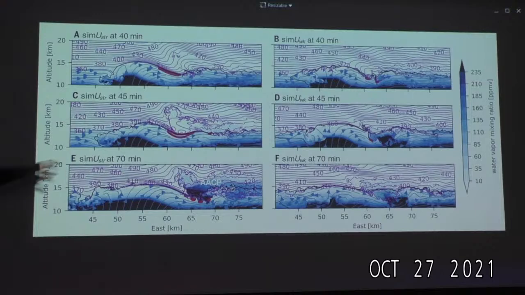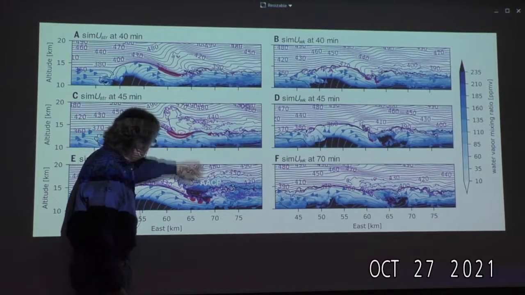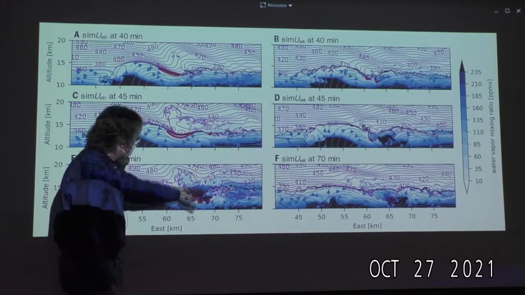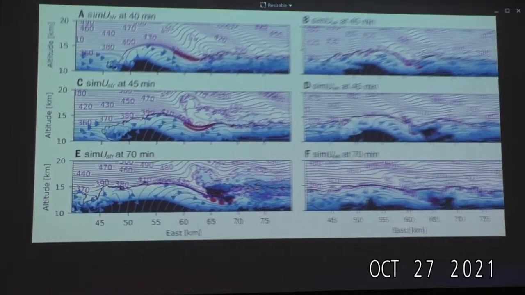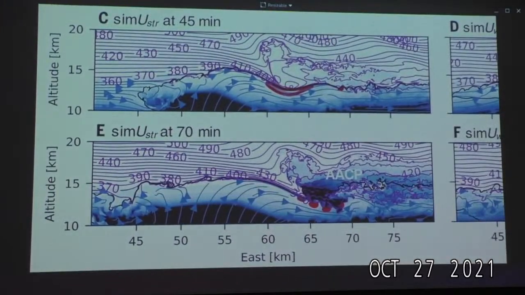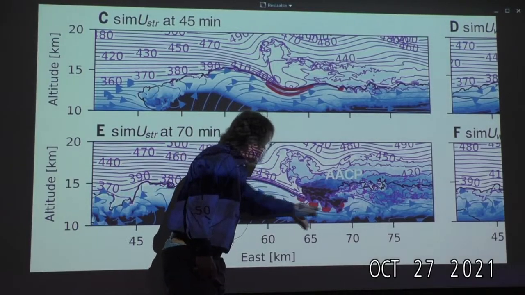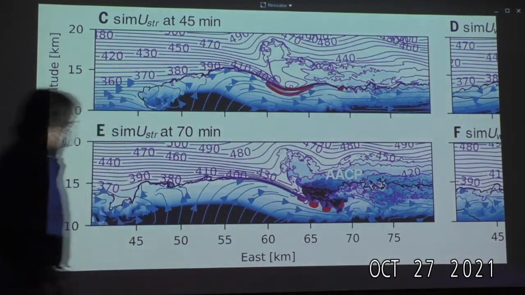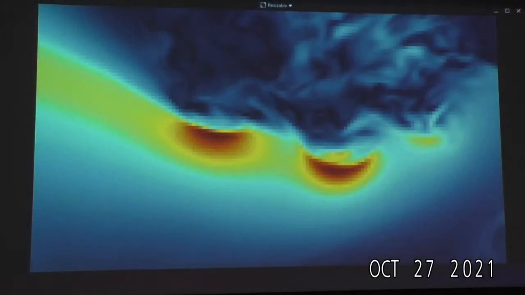And you'll notice that you're starting to see some mixing going on in the isentropes here, and then boom, it just goes and goes, and then you're starting to really get some moisture up into the stratosphere. Zoom in a little bit more there. But that's the onset, that's the AACP. The onset's actually somewhere between these two, or probably right about here. And then you'll see these little jets, these little jetlets, I don't know what you want to call them, but let's take a look at them at the full resolution.